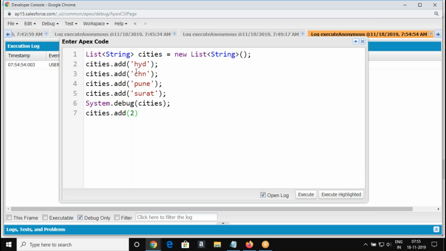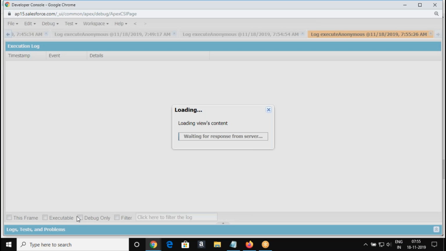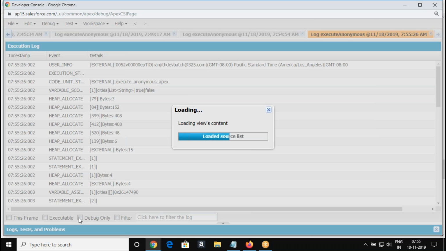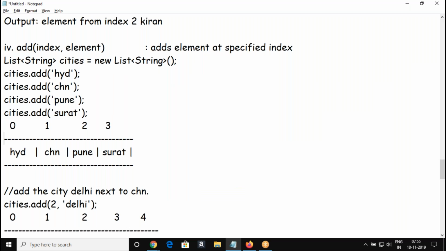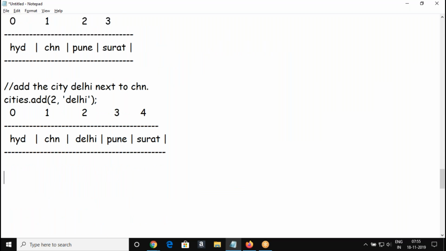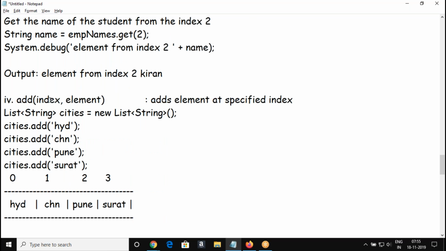So I'm going to add, now I display this. Now Delhi is inserted. The other positions are right justified, right? In terms of memory, it adjusted to the right side. People got this? So that is your add index comma element method.